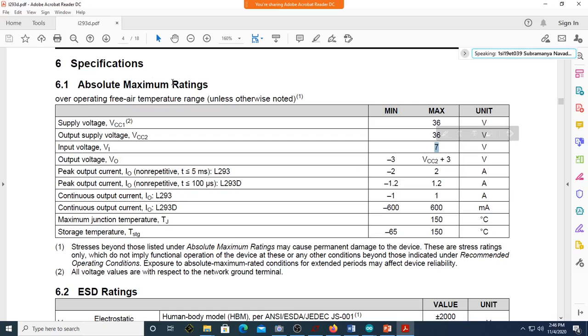These are all absolute maximum ratings. See here, one is output current. This is peak current, I naught. You can see here minus 2 and 2. Minus 2 means it can sink 2 amperes of current, and 2 means it can source 2 amperes of current. Because usually when you're taking a motor, no,